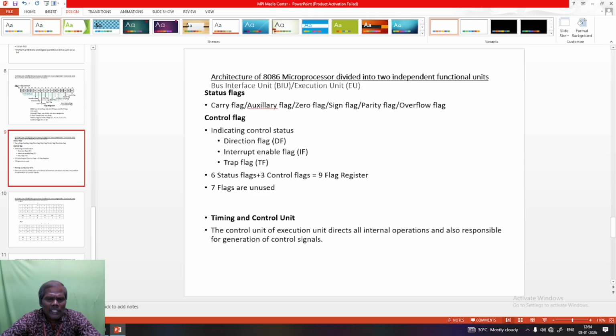The control flags indicate control status: direction flag DF, interrupt enable flag IF, and trap flag TF. So 6 status flags and 3 control flags, totally 9 flags are available in the 8086 microprocessor.